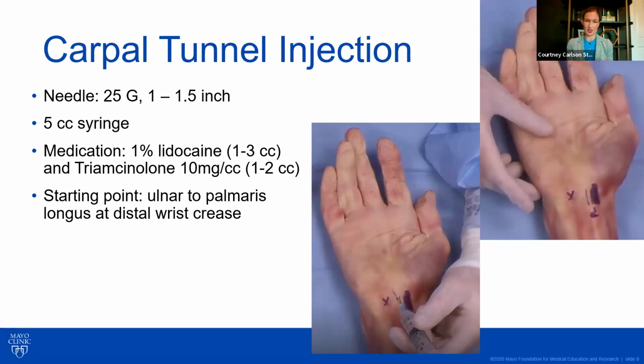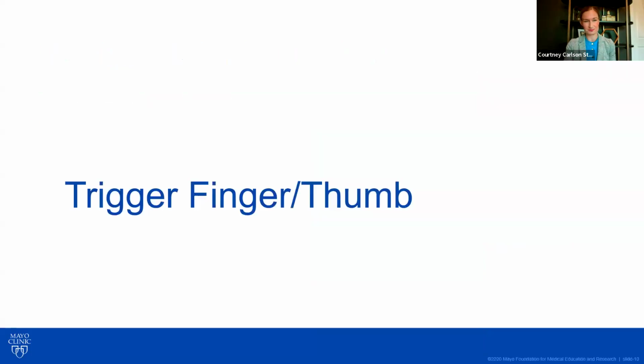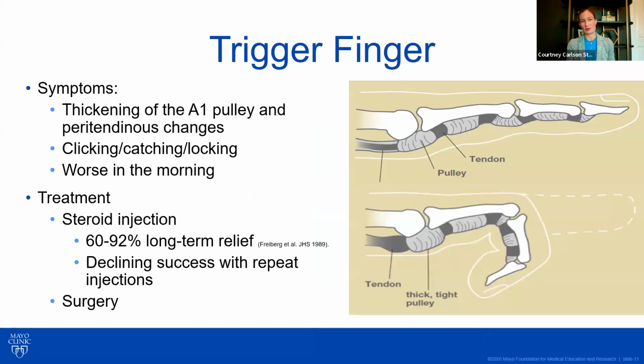Or if the patient doesn't want to tolerate that injection just by landmark guidance, you certainly could get out an ultrasound or refer to a colleague who does these procedures under ultrasound guidance just to be sure you don't hit the nerve. For trigger fingers or thumb, this is thickening of the A1 pulley and peritendinous changes that will result